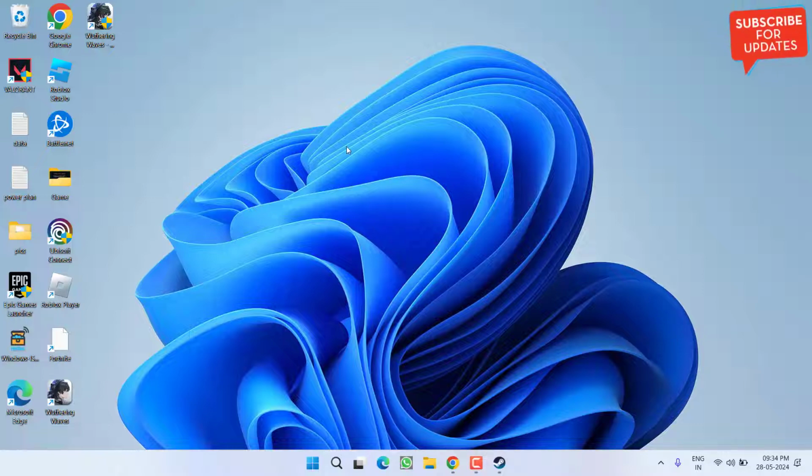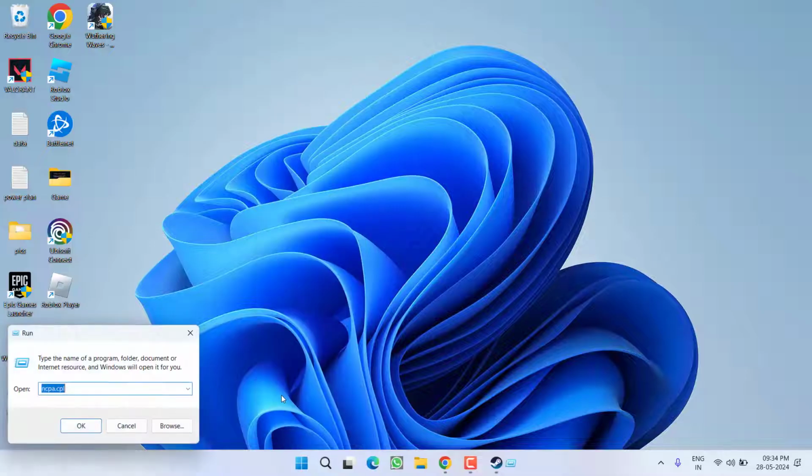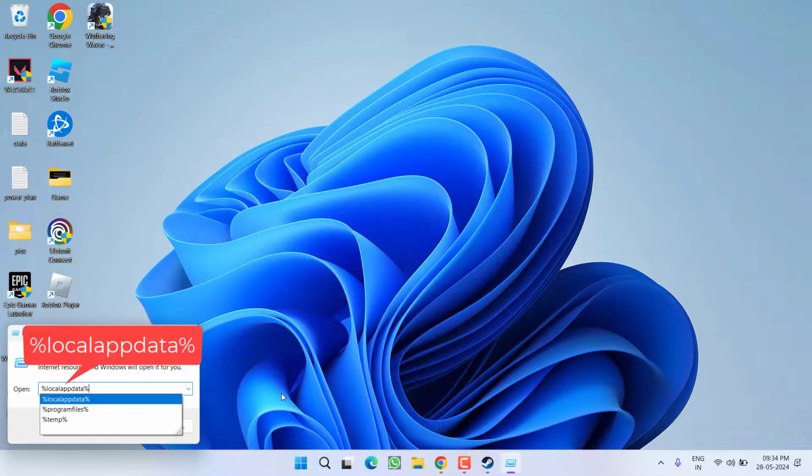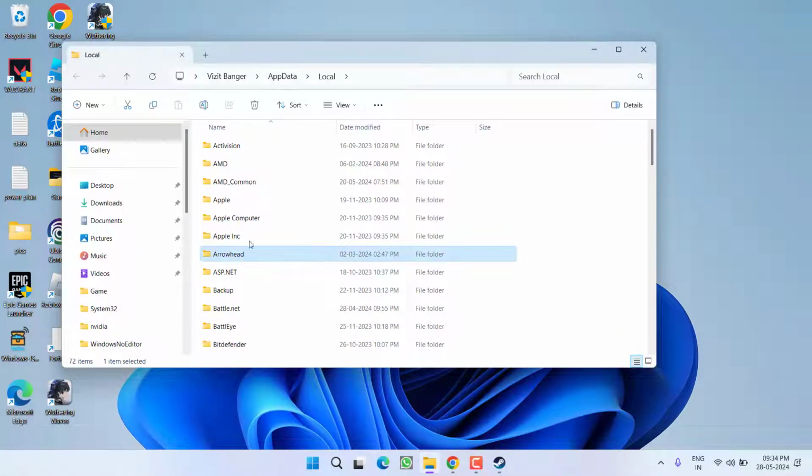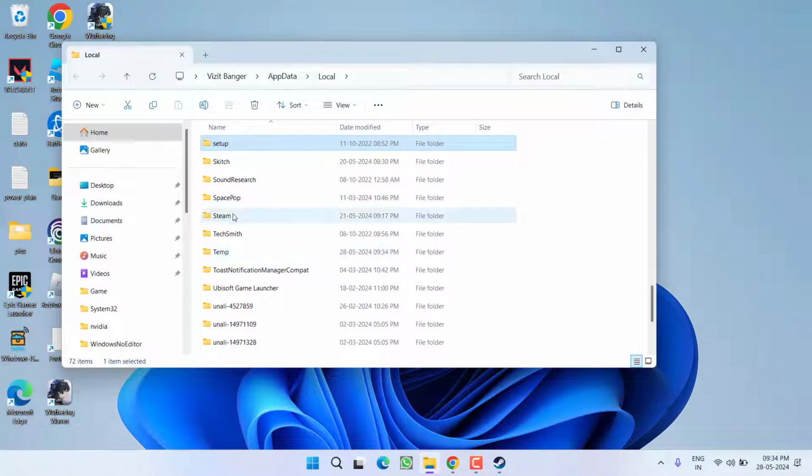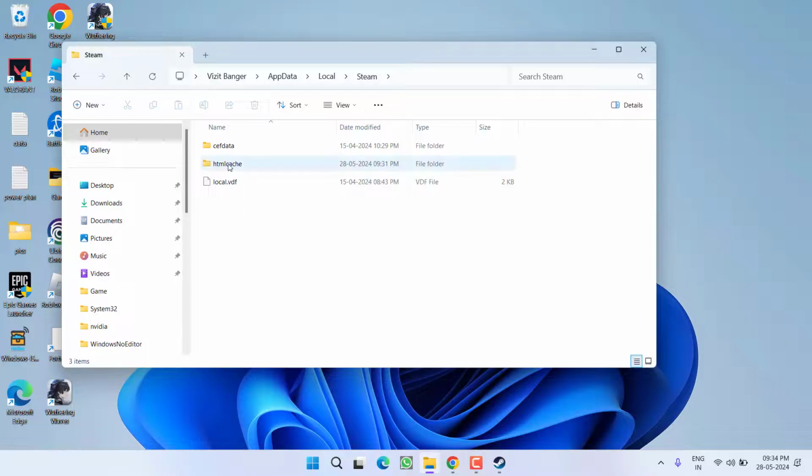And however, if all the methods fail, the last hope you have is to right click on Start menu, choose the option Run, type here %localappdata% and then hit the enter key. Here press the S key to find Steam folder. Open it, and here you will find another folder with the name htmlcache.